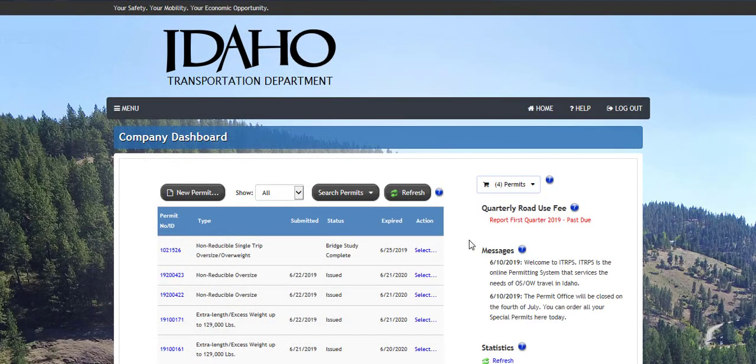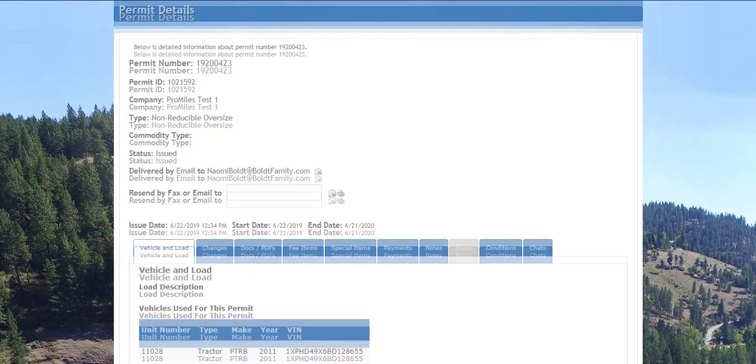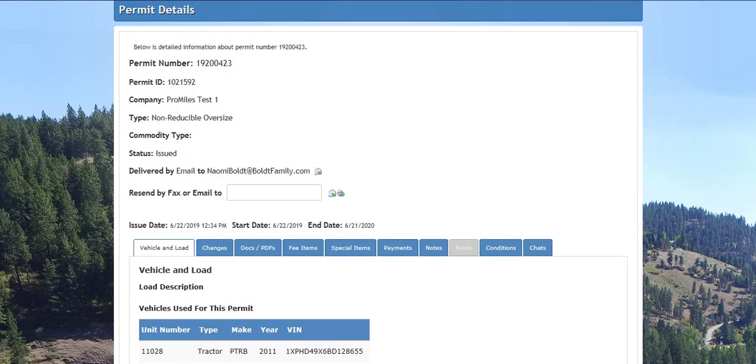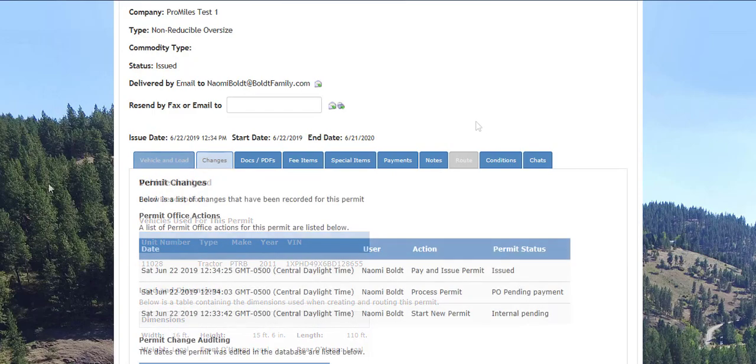If for some reason an additional copy of a permit is needed, ITRPS has a rescind feature to resend the PDF. Click the Select link in the Action column and then choose View Permit. This will display the permit details screen. From this screen, enter a fax number or an email address in the Rescind by Fax or Email text box. Click the email or fax icon to resend the PDF. A permit may be resent only if it has a status of issued. The Permit Details screen will also display any information input during the permit ordering process, including vehicle information, changes made,